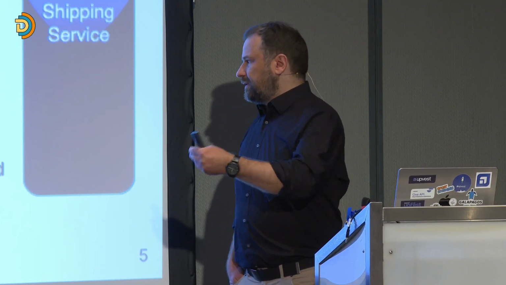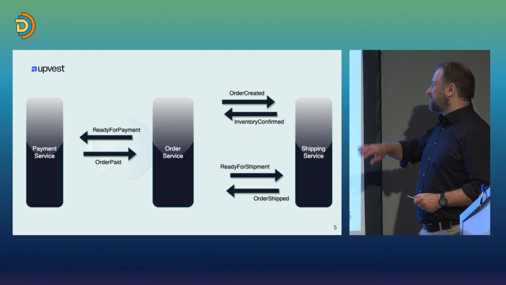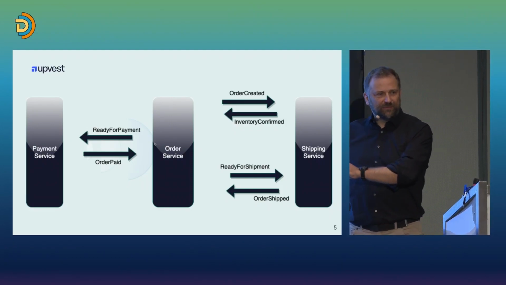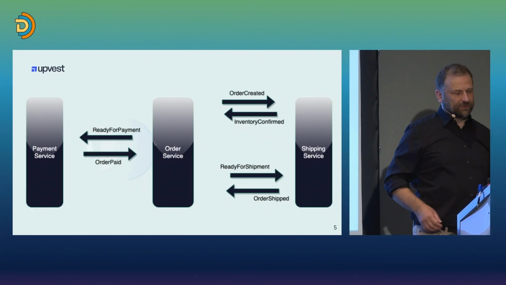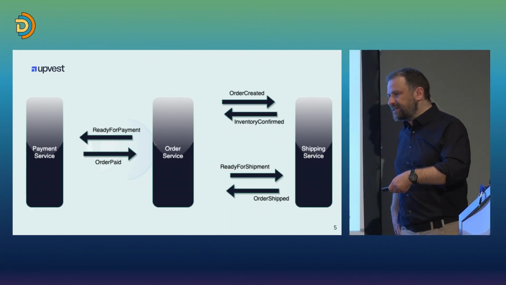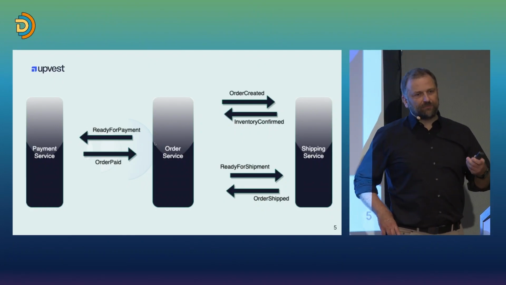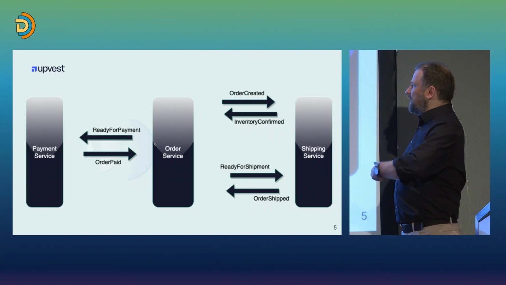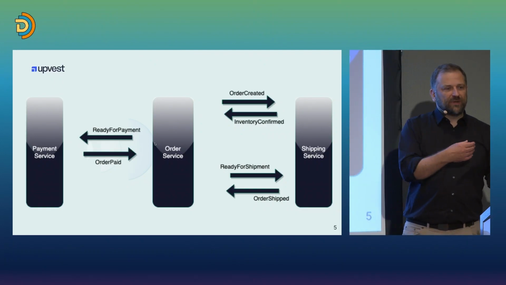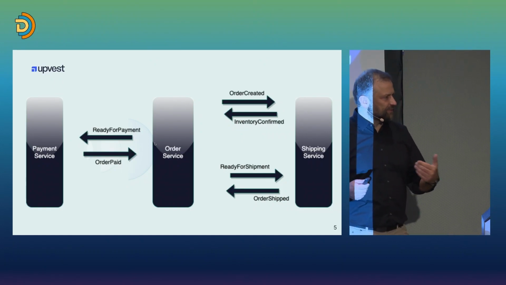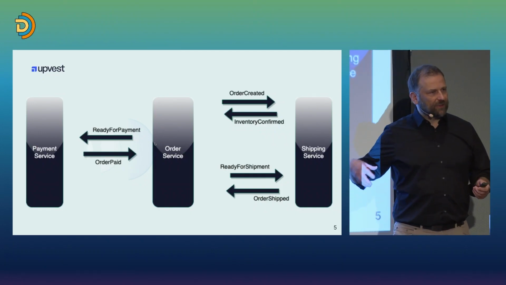So let's look at a super simple example. This is actually a very common example if you look for stuff on the internet. Sooner or later you come across an example like this. This says nothing about the quality of it, and this is not a recommended implementation, but it helps us illustrate some points. This is kind of a hello world for a workflow, right? What they implemented here is an order process, and the semantics are that we only accept orders when we have items in stock, and then the customer has to pay for them, and then we deliver.